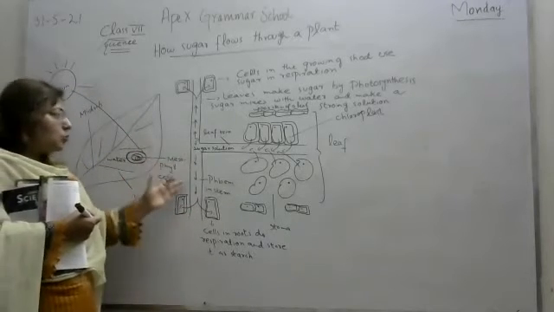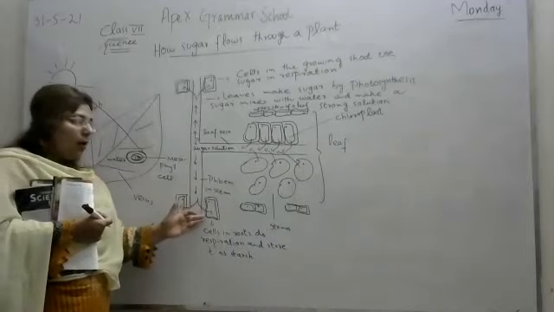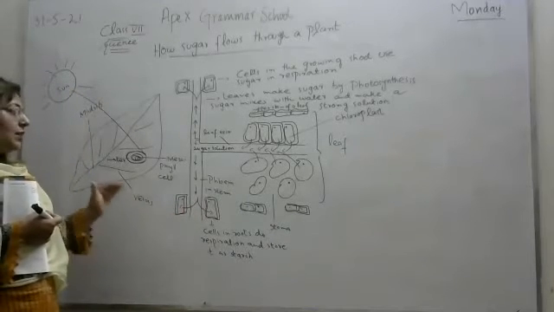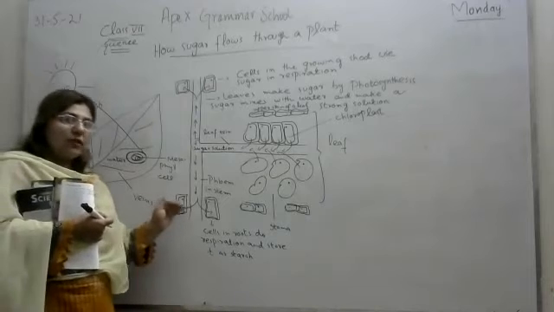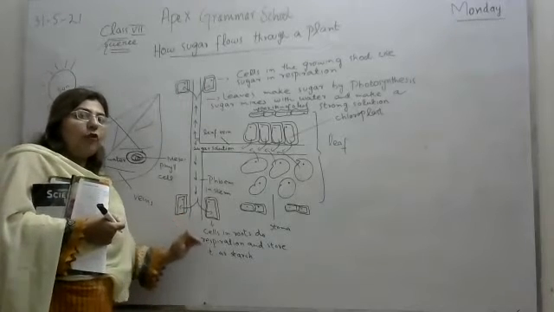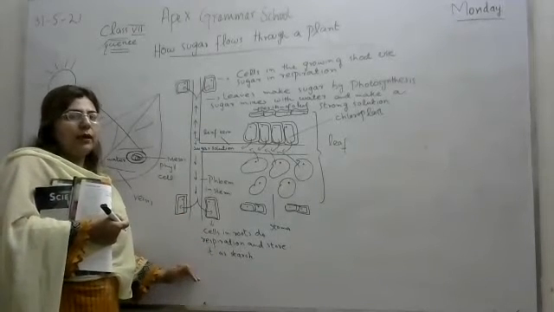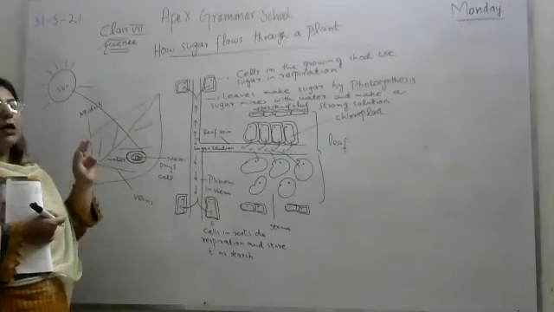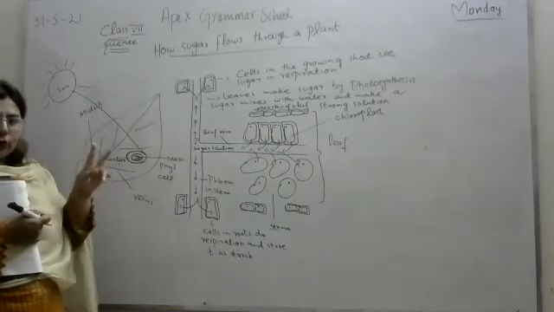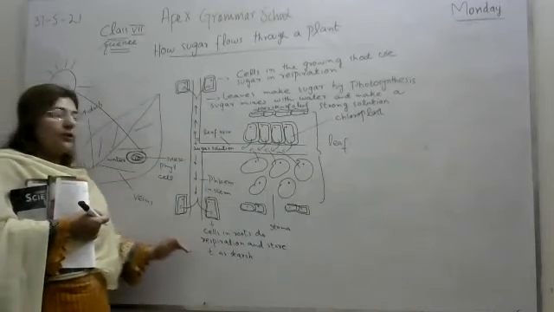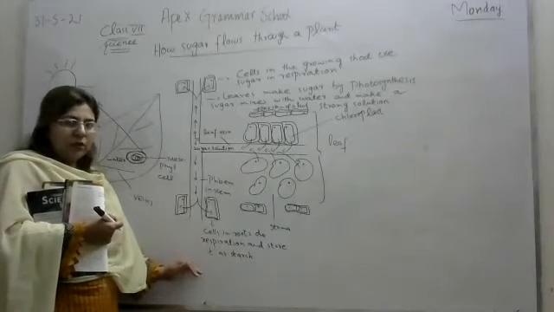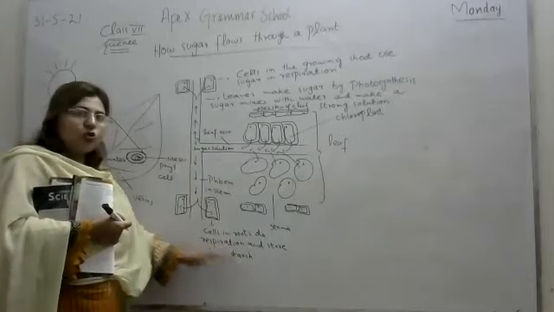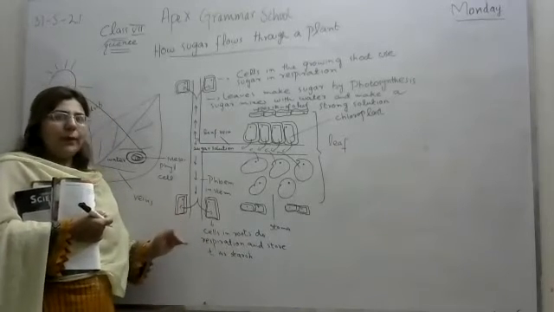Okay, so this sugar solution is also used by roots for cellular respiration, and these roots also store this sugar solution in the form of starch. So in roots, this sugar solution performs two functions. First, it helps in cellular respiration in the root area, and secondly, this sugar solution is stored by roots